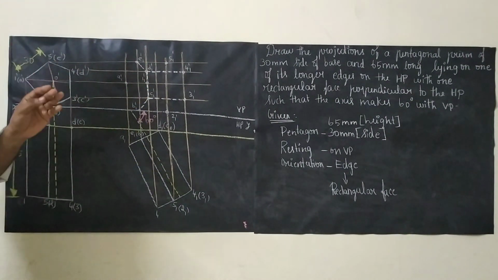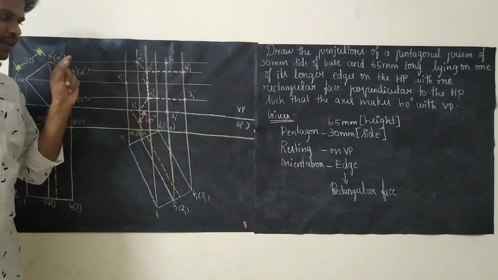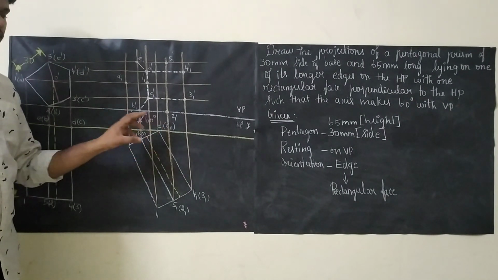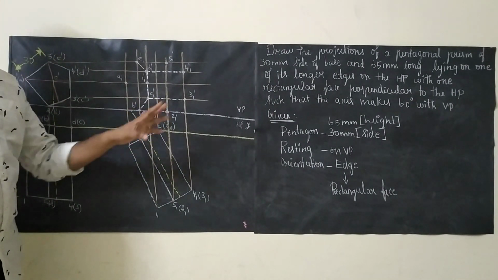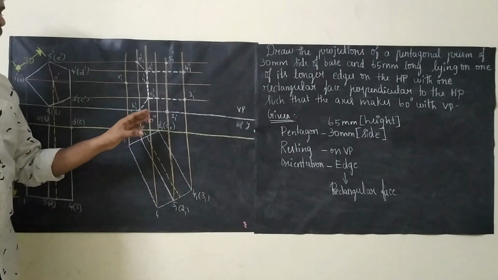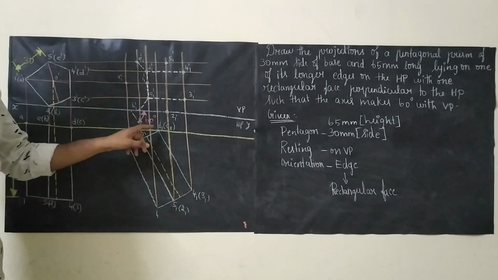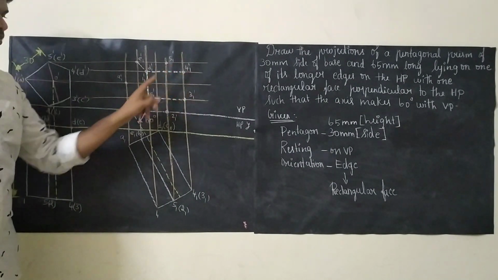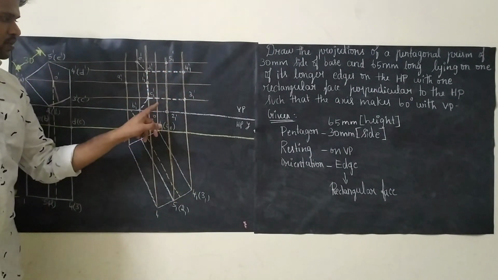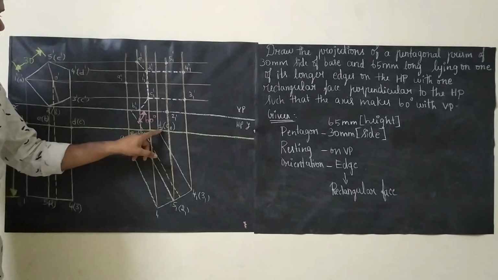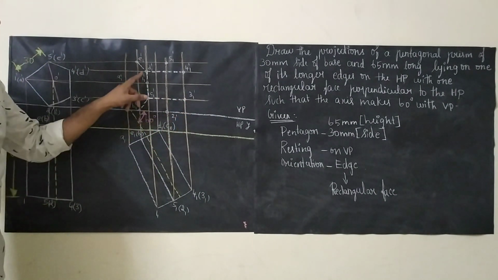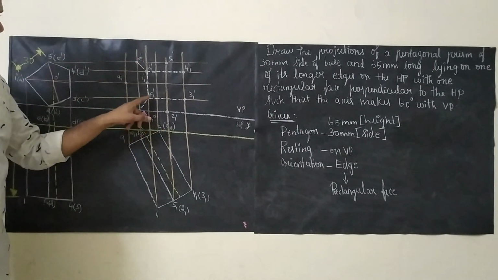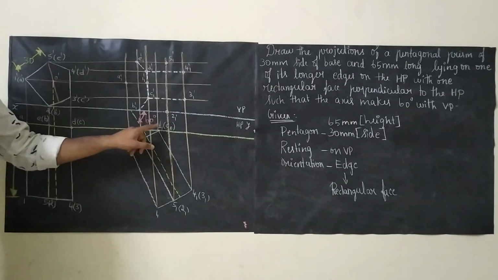Just see whichever corner or edge is touching the XY line or near to the XY line. So here D1, C1 is the only edge which is nearer to the XY line. So just see what all the edges or corners are connecting to it. See here, D is connected to 4-1. So D1 dash to 4-1 dash will be hidden. C1 dash to 3-1 will be hidden. D1 dash E1 dash will be hidden, and C1 dash B1 dash hidden, and D and C is also hidden.